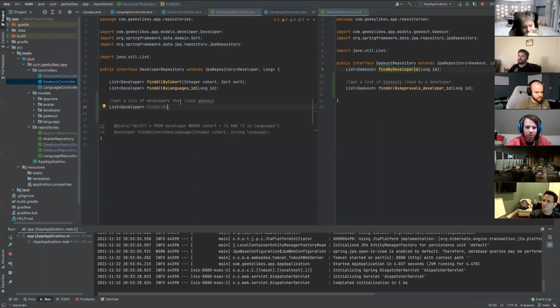That's the difference. In this case, findAll implicitly refers to developers. So that's the developer chopped out of this equation, right? Yes, because we're under the developer repository. Okay. You want to be able to find the geek out underscore ID, because that is the